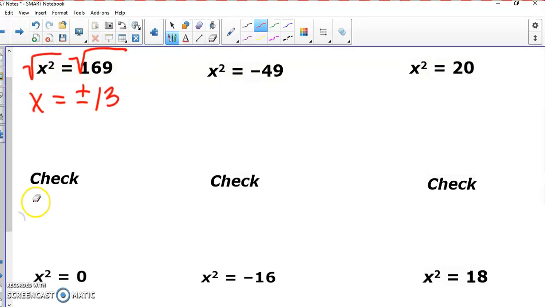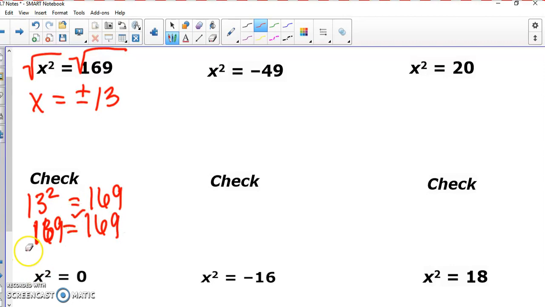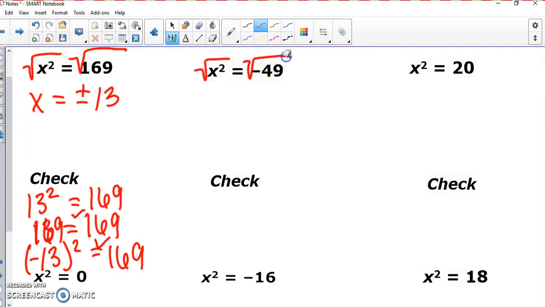So if I go and check that then, if I plug in 13 for x, 13 squared is 169, and that checks out. 169 equals 169, so that one works. Now if I were to do it with negative 13, it would also work. Because remember, I'm going to keep this whole part together, so negative 13 times negative 13 would also equal a positive 169. Okay, now on this one over here, where I'm going to take the square root,